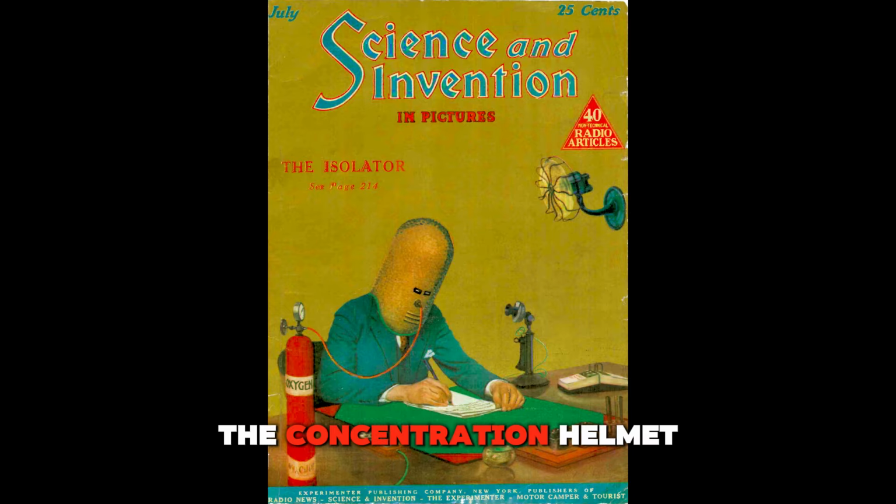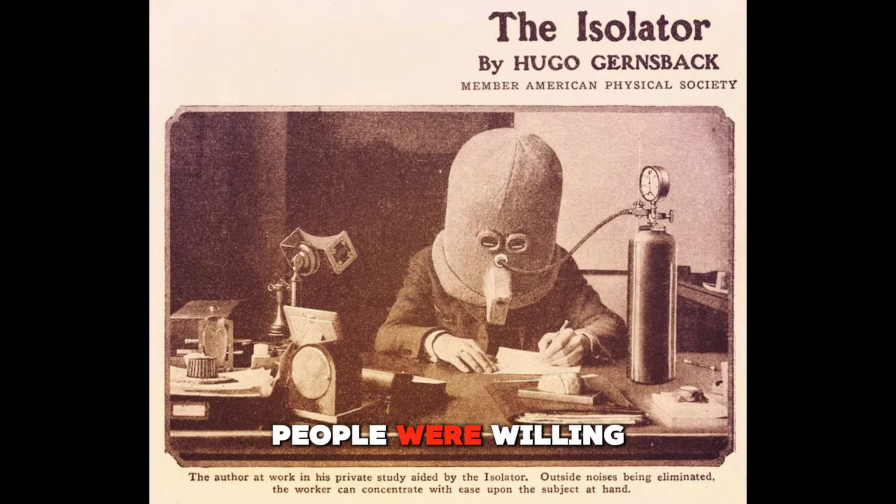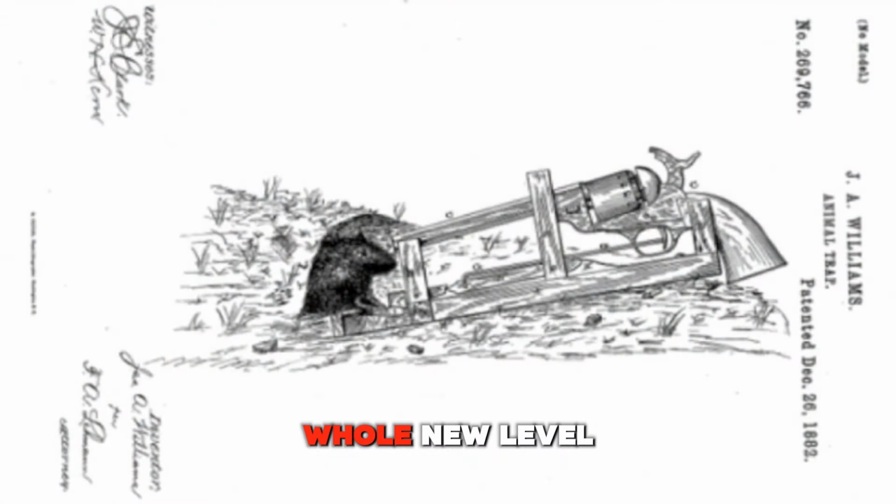While the concentration helmet was not a commercial success, it certainly highlights the lengths people were willing to go to boost their productivity. This unusual invention is a testament to the creative, albeit extreme, efforts to enhance concentration in a busy world. Now, let's take a look at an invention that took pest control to a whole new level, the